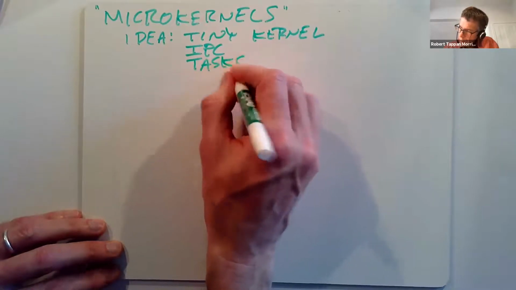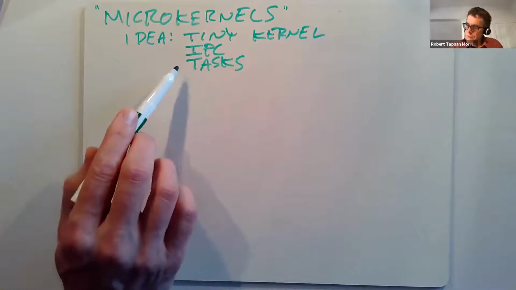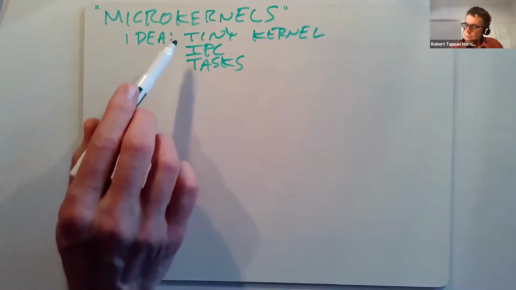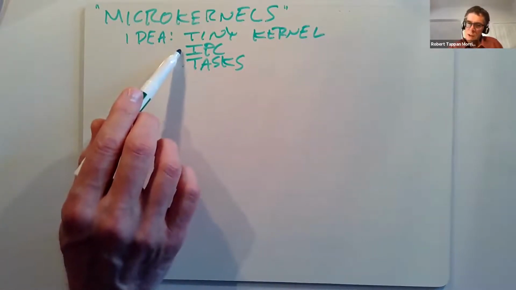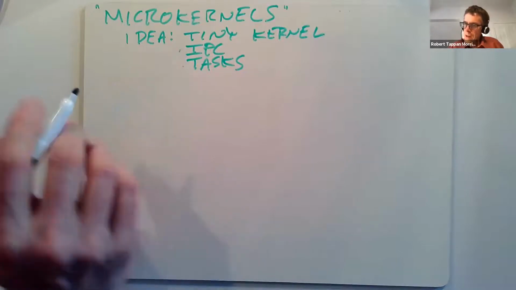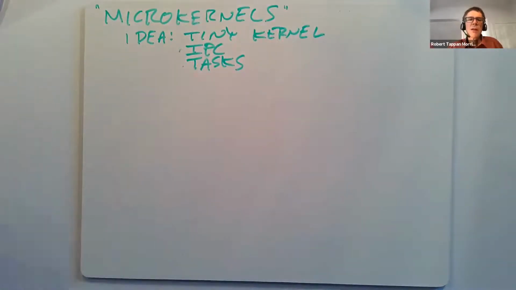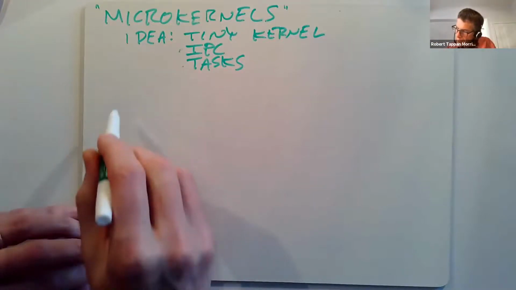So you have a kernel that provides you a notion of a process-like abstraction and a way for processes to communicate with each other with inter-process communication, and nothing else. Everything else you might want to do, like have a file system, you'd implement as a process, as a task, as user-level code, not in the kernel at all. So a picture for that